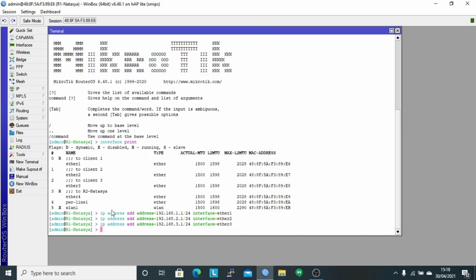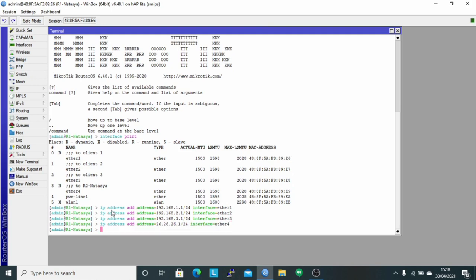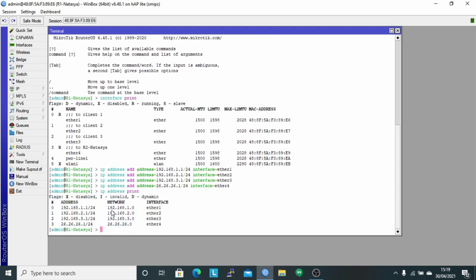And for the IP address to the router, type the command ip address add address 26.26.26.1/24 using interface Ether 4. And check with the command ip address print. It can be seen that I have successfully added the IP addresses.